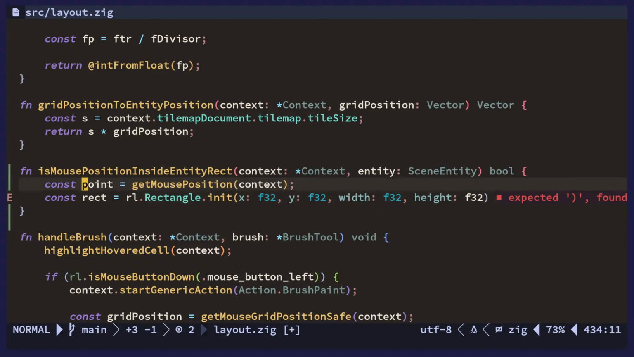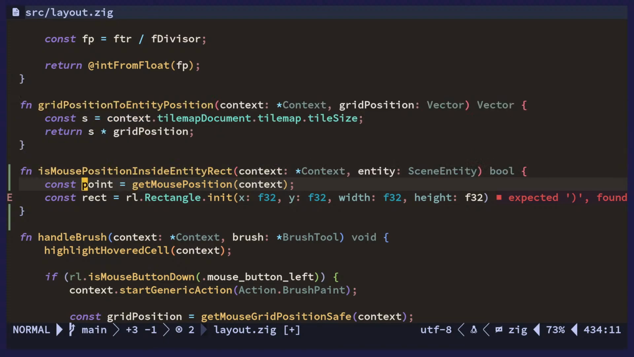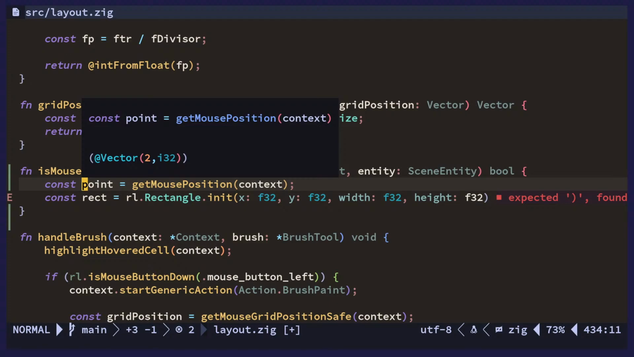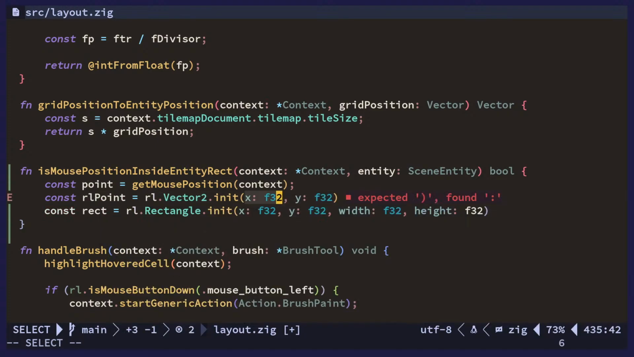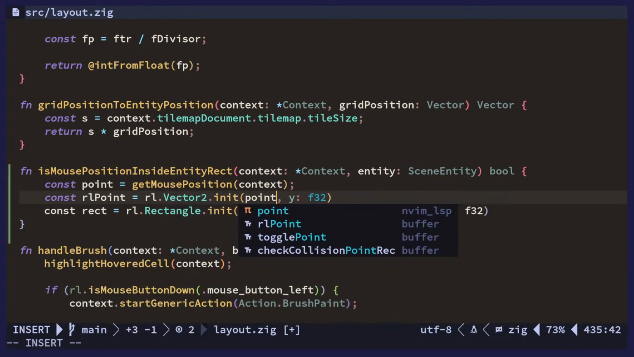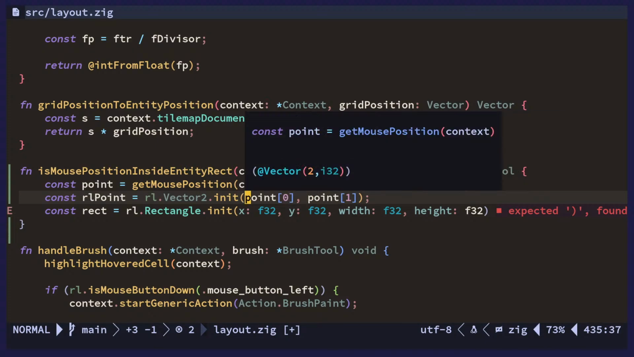And I think we want this to be... yeah, so the thing is, I'm working with both Raylib vectors and Zig vectors, and this is a Zig vector, so we have to convert this to a Raylib vector, and I don't have a convenience function for that. So we are just going to say RL point for Raylib is going to be Vector2, and this is going to be 0.0, 0.1, and since these are integers